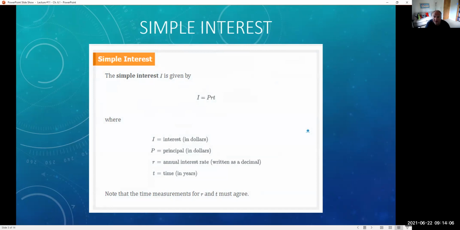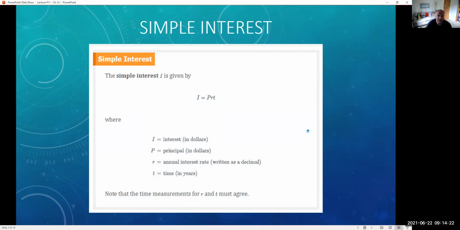If you struggle with that, that's okay. We'll talk about that a little bit today, moving the decimal point 2 places and all of that stuff. And then last but not least, the time. The time is in years, and that means that for certain specific lengths of an investment, you might have odd